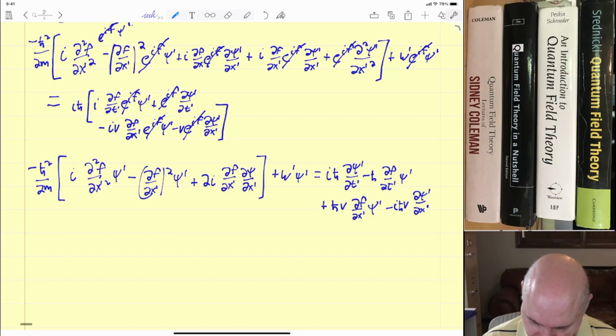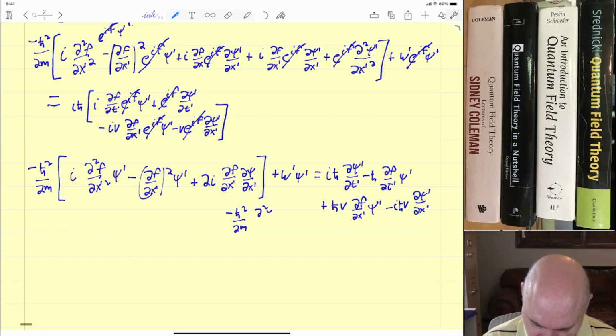Okay, I have to look at this term, this term, this term. That's good. What I want is somehow I'm missing, there should be a term minus h bar squared over 2m